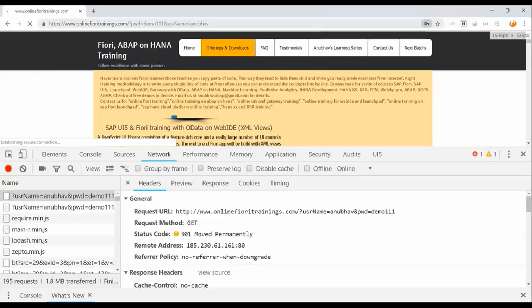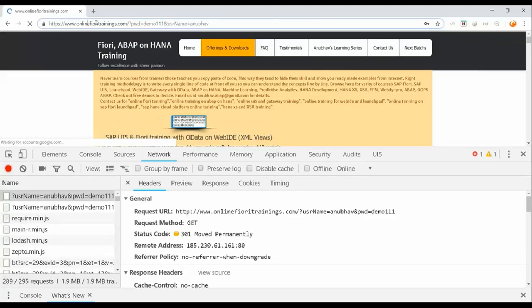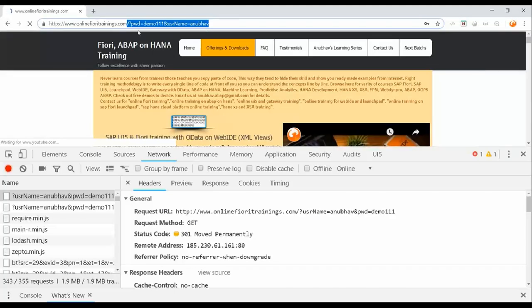name of the field equal to the value, and see on the top in the URL in the browser also, you can see those parameters are automatically added and my server was invoked. So my online Fiori training server was invoked with this password and username being passed to it. That's the beauty of it. You see the username password, it was invoked and it has passed these properties to it,